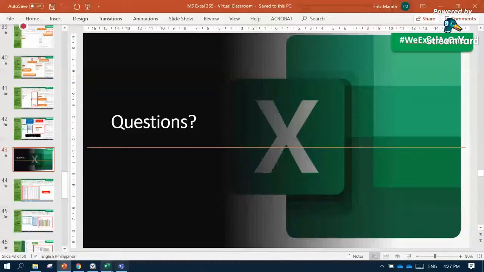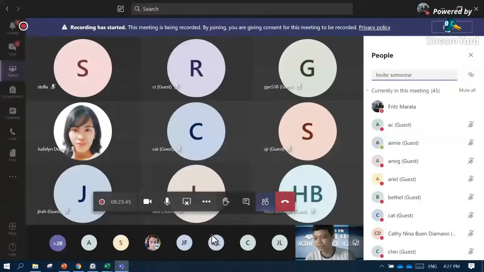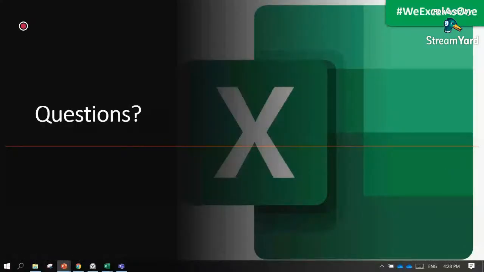We have here, oh wait, here, you can also use, or this one. So we can also use the three features in making a dashboard for grades for teachers.